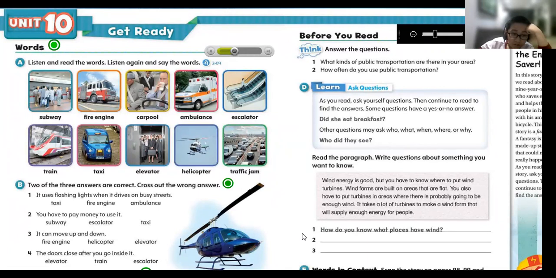Subway, fire engine, carpool, ambulance, escalator, train, taxi, elevator, helicopter, traffic jam,